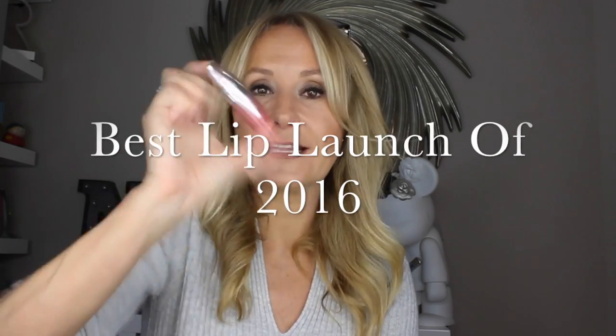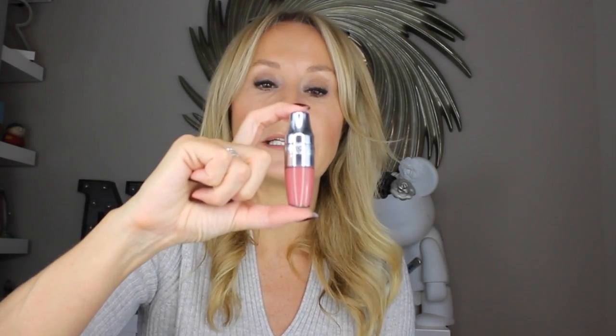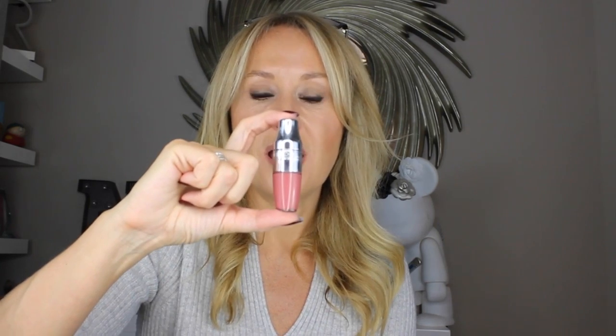Let's have a look at lips. I really love the little Lancome Juicy Shakers. Have you seen them? They are tinted lip oils. And I'm generally not a fan of oil in beauty, but this is brilliant. It basically makes all those gunky balms and sticks redundant, because it hydrates, it moisturizes, it gives a hint of color. This is the one I'm using today, and that is shade, let's have a look,